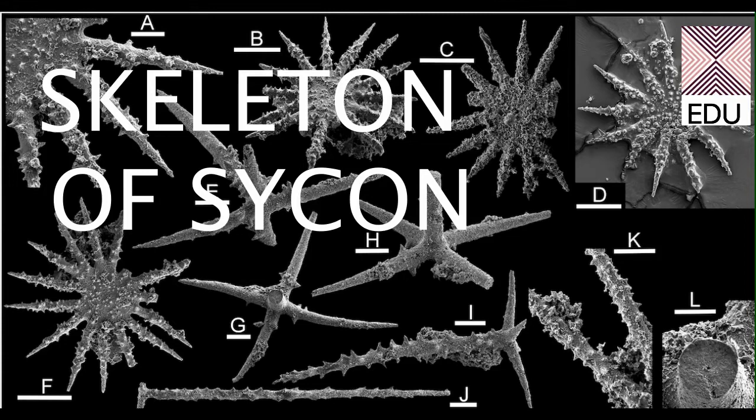Along with these spicules, sponges have a second component of the skeleton which is called the spongin fibers. These are also present as a woven kind of structure in between these spicules, and that is also providing support to the skeletal system. So, in sponges, the skeleton is composed of two components. Number one, the spicules. Number two, the spongin fibers.